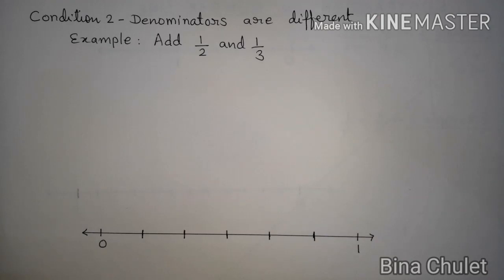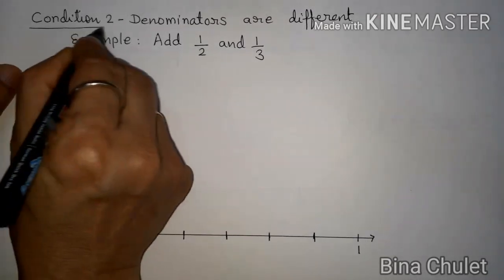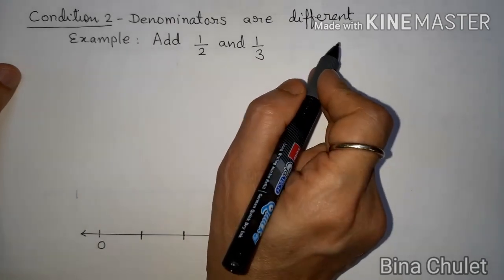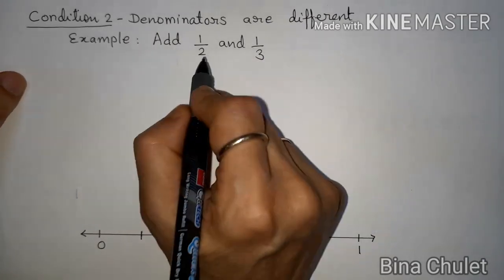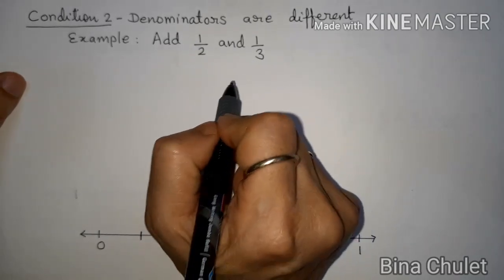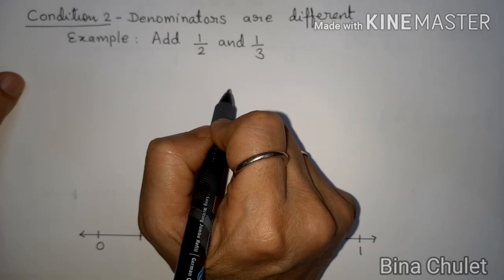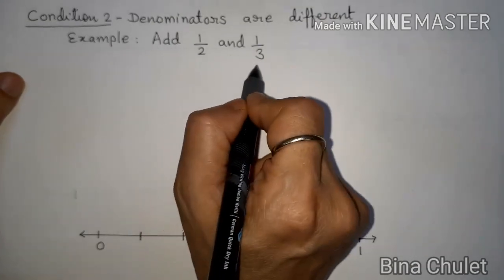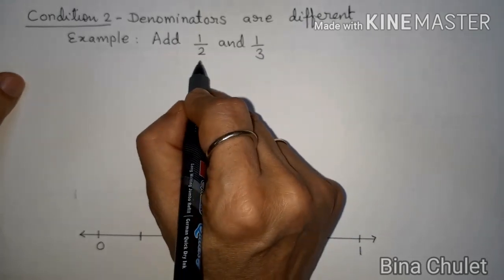Now let us see the second condition, that's condition 2, if the denominators are different. If the denominators are different, then first of all we need to make them like fractions, which I have already told you in my previous videos. For converting this into like fractions, we take out their LCM. When we take out LCM of